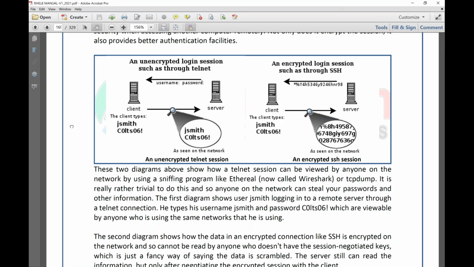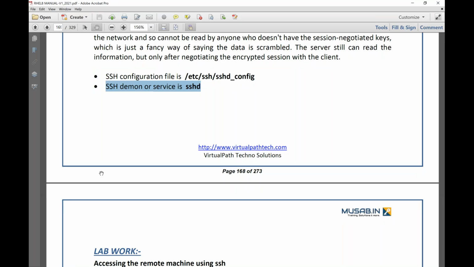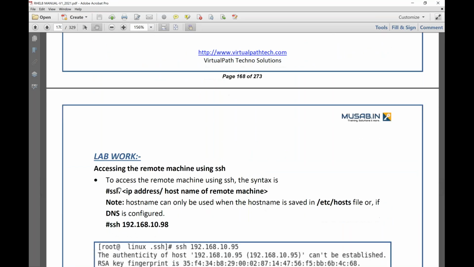Okay, all right. Now, the configuration file for SSH is /etc/ssh/sshd_config. And the daemon or the service that is related to SSH is sshd. Okay, all right. Let's move on and let's try to learn how to communicate from one machine to another machine